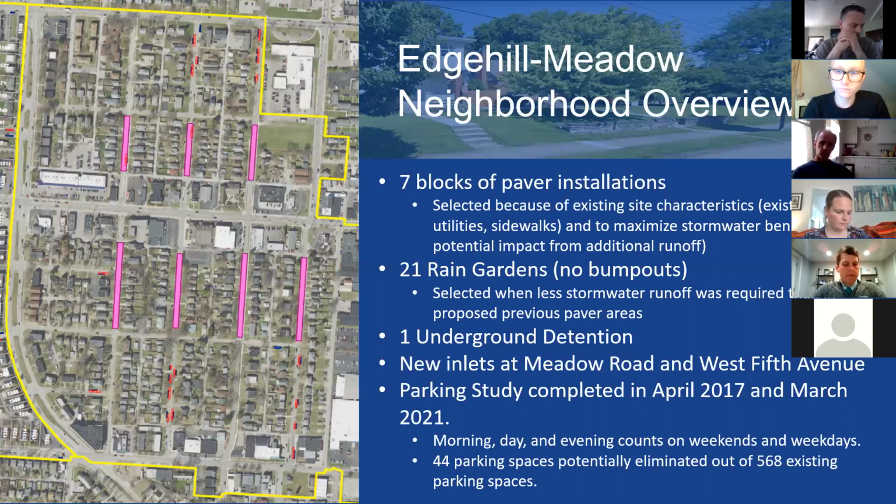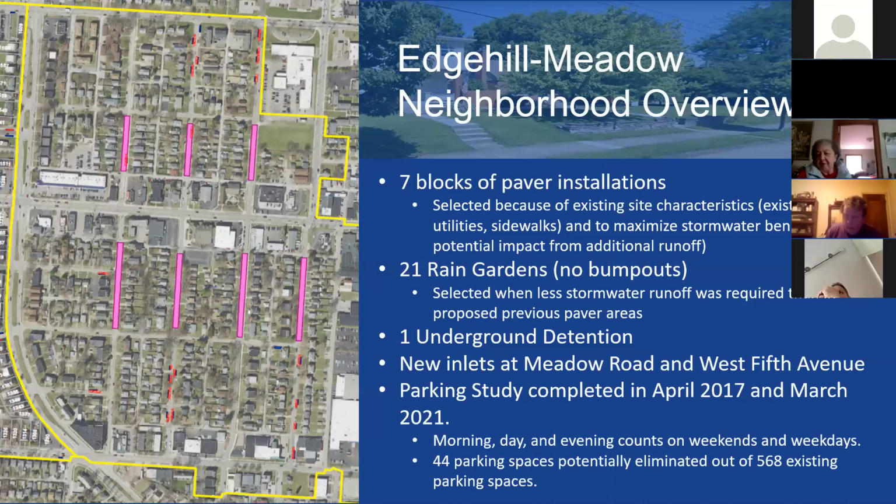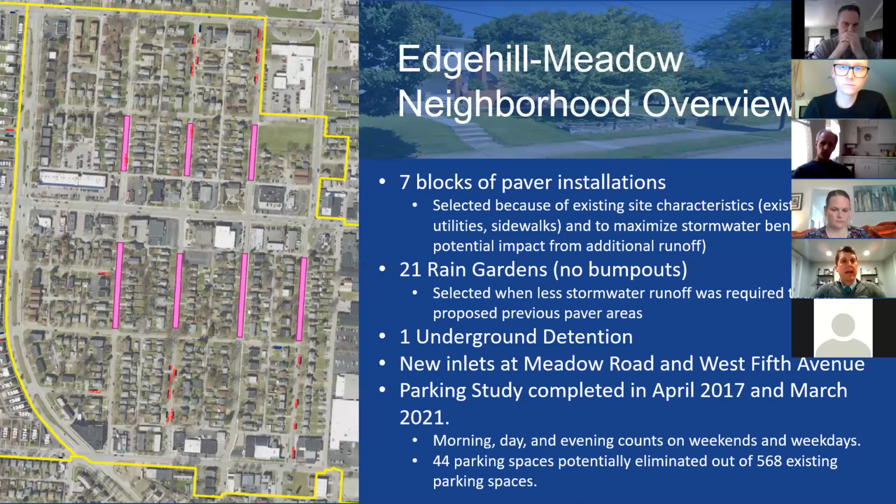However, you all live in the area and you understand that pretty much east of Eastview Avenue, you move more into a commercial apartment setting and out of the residential setting of the project area. And since the Blueprint program is focused on residential improvements, the roof redirects, the residential sump pump program, and the residential lateral lining, as you would expect, most of the additional stormwater that Nick mentioned occurs in the residential area. So our improvements are focused primarily in the Northwest Boulevard, King Avenue, 3rd Avenue, and Eastview Avenue corridor. So what you'll see here is a depiction of the locations of some of the proposed improvements in the Edge Hill Meadow